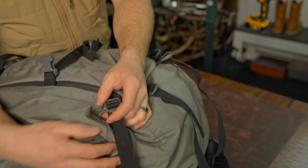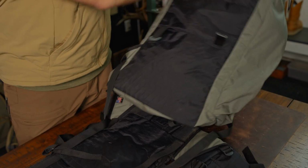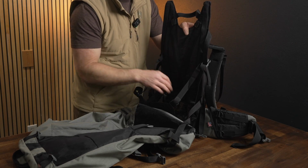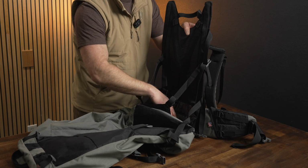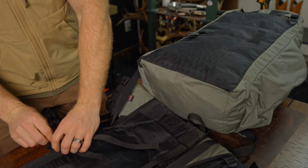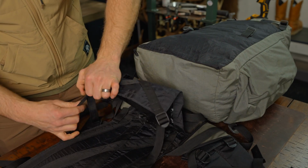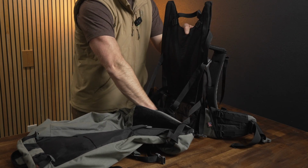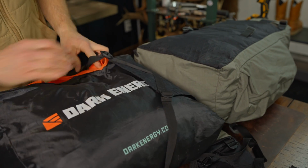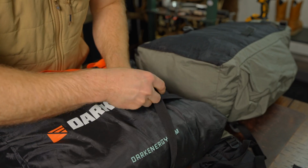And so this is really nice, and the fabric they use for their meat shelf is this X-Pac material, which isn't super abrasion resistant, but it's lighter. However, it's a little bit noisier. It does clean off a lot better than Cordura when it gets bloody. So I really like that material that they used. You've got a nice meat shelf here. Stick your meat in here, tighten these down. You fold your bag back over your meat,